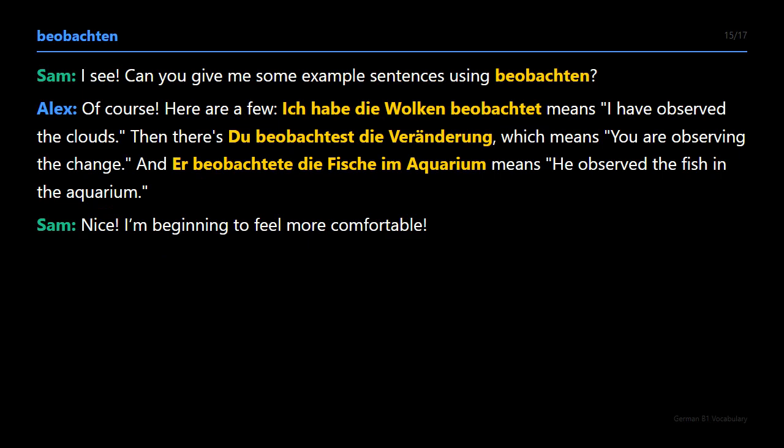Then there's Du beobachtest die Veränderung, which means you are observing the change. And Er beobachtete die Fische im Aquarium means he observed the fish in the aquarium. Nice, I'm beginning to feel more comfortable.